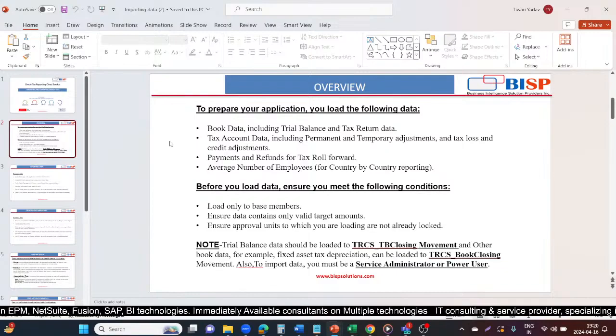Okay, so to prepare the TRCS application, we load the following types of data. Firstly, the book data, which includes the trial balance and the tax return data. Secondly, we load the tax account data, which includes the permanent and temporary adjustments, tax losses, and the credit adjustments. Third, the payments and refunds for the tax roll forward to create the correct provision under the TRCS application. Fourth, the average number of employees data for the country by country reporting purpose for certain entities who require this